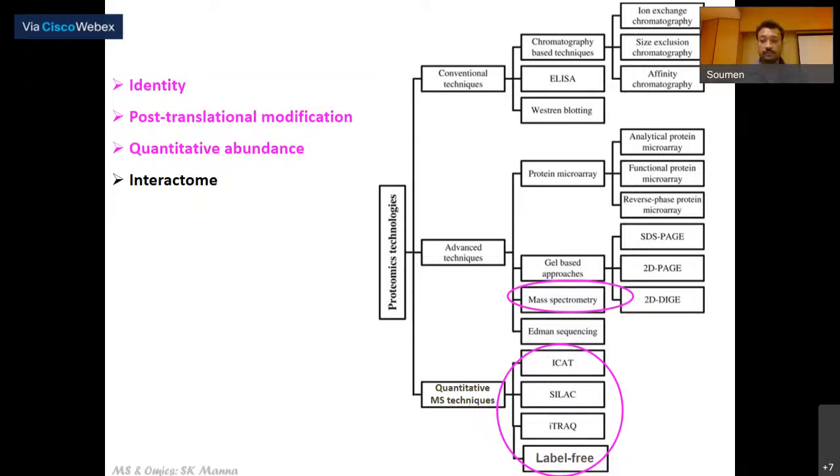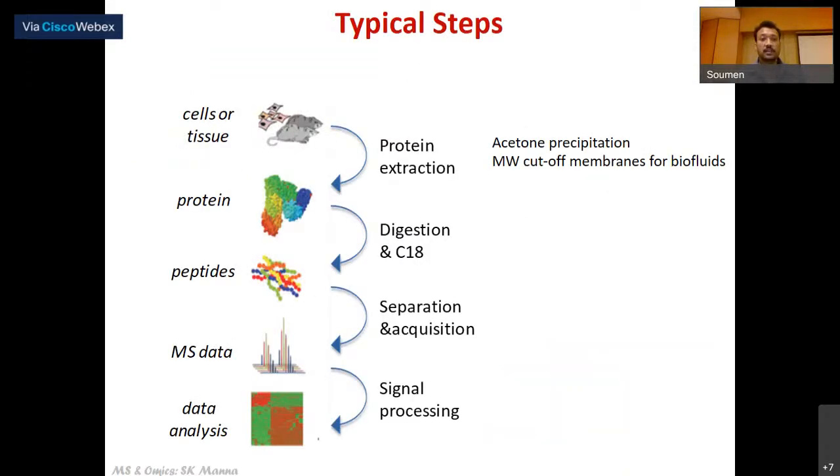Okay, so these are typical steps. This is just a cartoon where we have given cells or tissue. You can also have a biofluid, or you can have serum. The first step would be to extract them, and typically acetone precipitation is a reasonably good method for protein precipitation. And of course, if you have tissue, you have to first homogenize to release the protein,